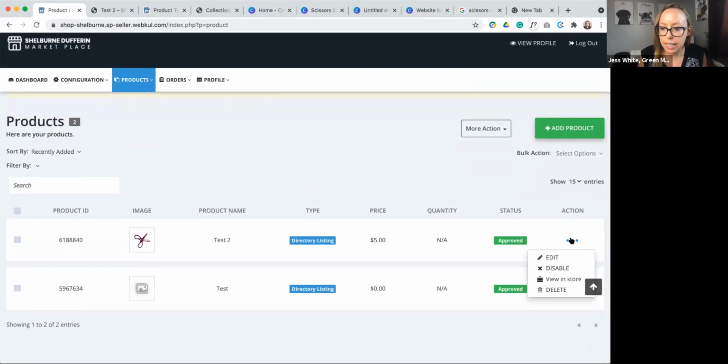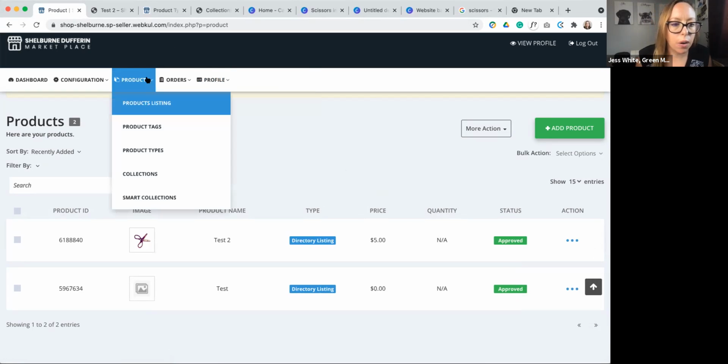So if I click these three dots, you can edit, you can disable. So if you don't want it to show up in the front end of your site, you can view it on your profile, or you can delete it in here. So that kind of walks you through the products listings,